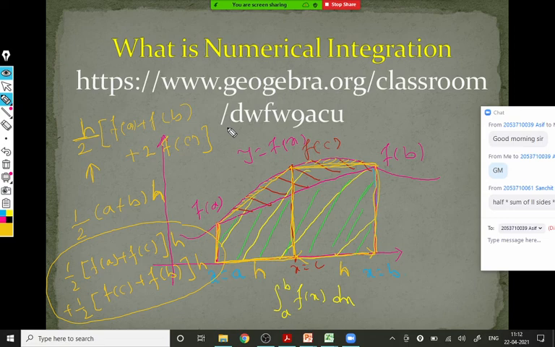So what is the trapezoidal rule? The trapezoidal rule says h by 2, where h is nothing but the height, or class interval difference between two successive values of x. This h by 2 is there, times f of A plus f of B. If you observe, these are end ordinates: f of A and f of B are end ordinates. So the sum of end ordinates, f of A plus f of B, or sum of extreme ordinates, plus 2 times whatever number of ordinates come in between, so 2 times the remaining ordinates.